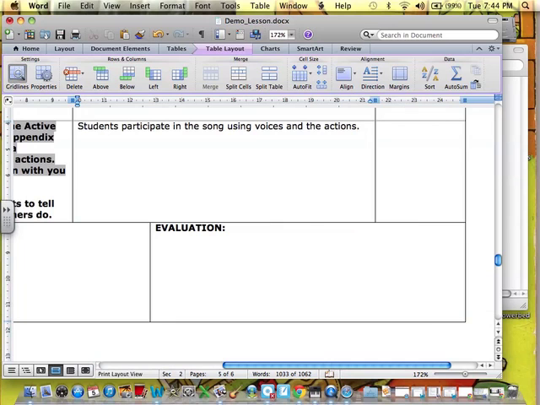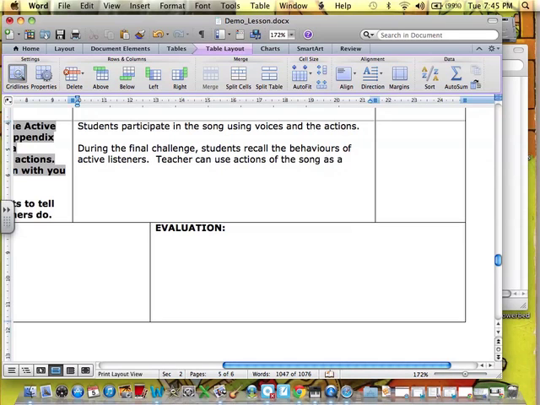Okay, and then during the final challenge, students recall the behaviours of active listeners. And then I'm going to say teacher can use actions of the song as a